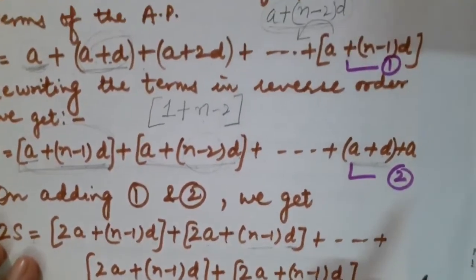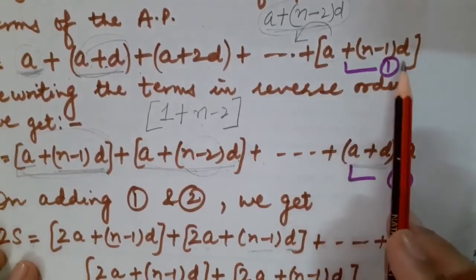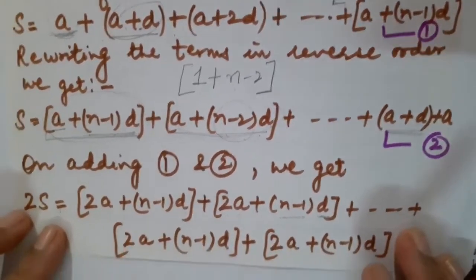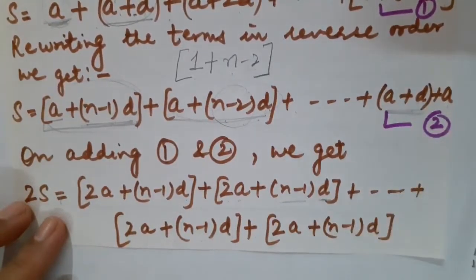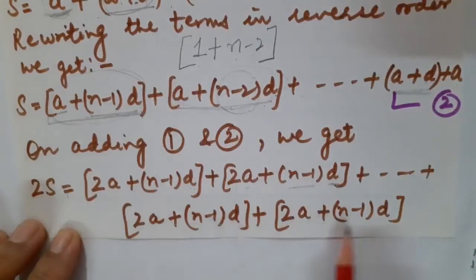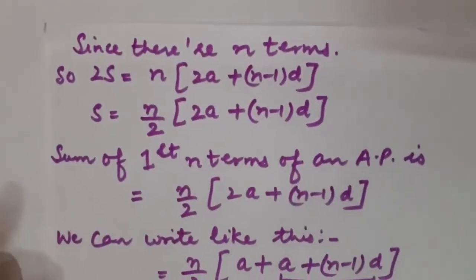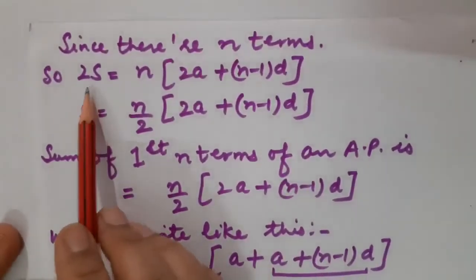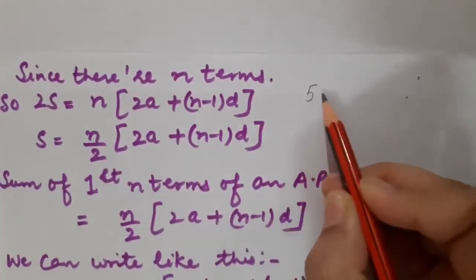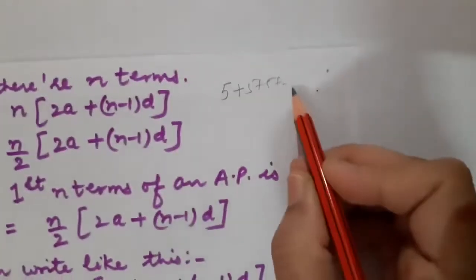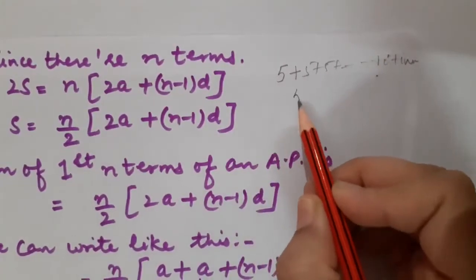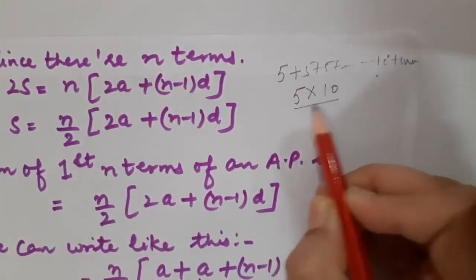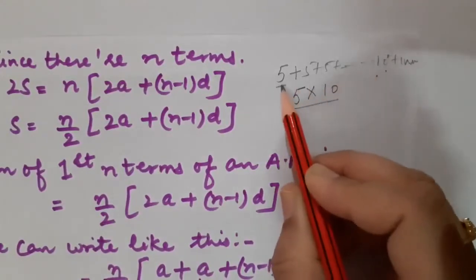Fine. Plus now let us add the last term, that is a plus n minus 1 into d and here plus a. So it would become 2a plus n minus 1 into d. Correct, students? So children, these are total n number of terms. Fine. So what I am going to do after it, look, since there are n terms, suppose if I ask you, you add 5 ten times, 5 plus 5 and up to 10 times you have written it. Fine. So what result you are going to get? Definitely you are going to multiply 5 by 10 only. Instead of adding 5 ten times, you are going to multiply 5 by 10.